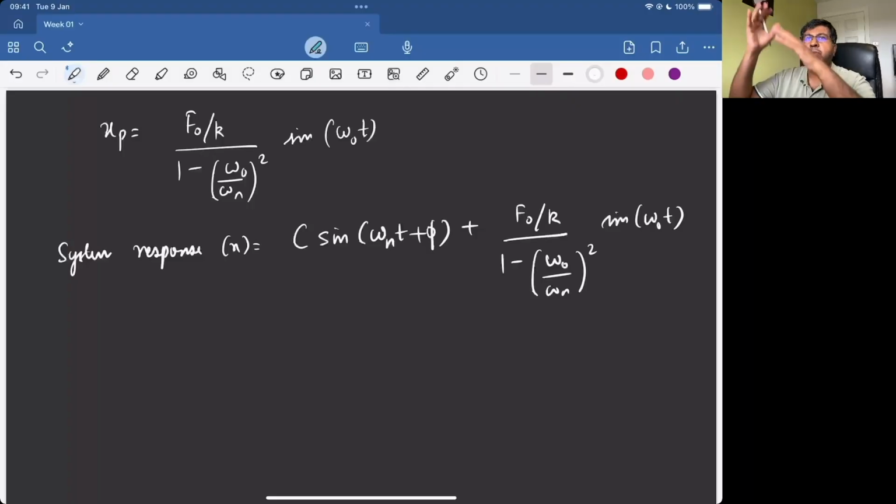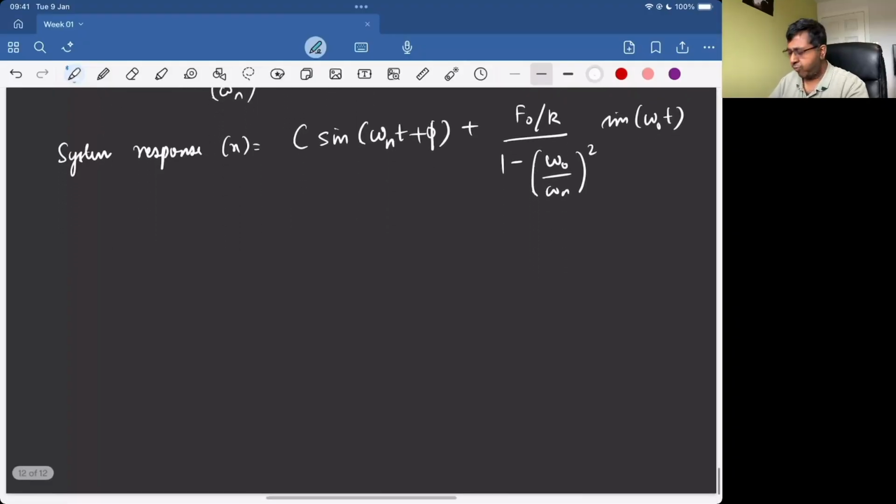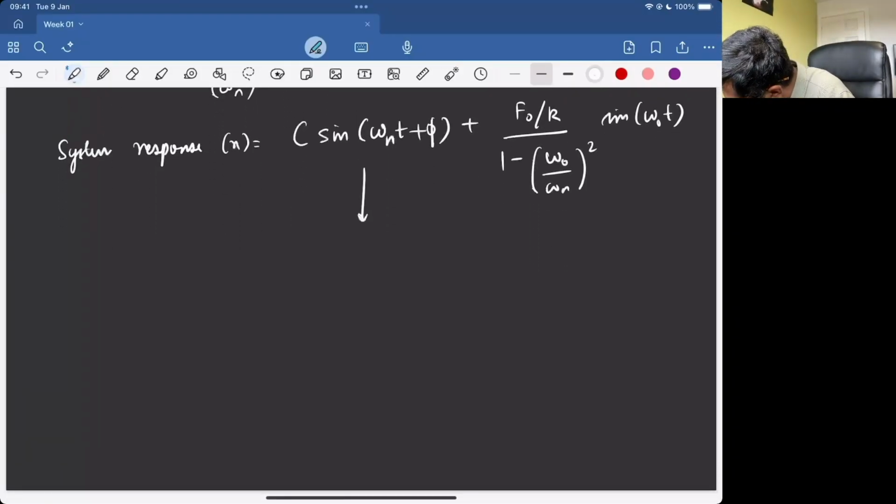Initially there's some transient effect because maybe there's a lag between the forcing function and the system response. So initially we have a transient solution, and finally we have a stable state that either goes with the forcing function or with some phase difference with the forcing function, right? So that's nothing but our transient phase,